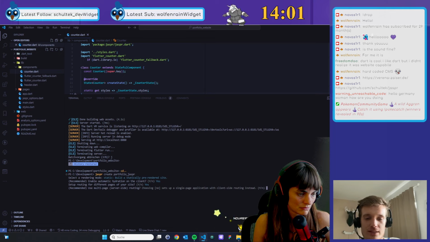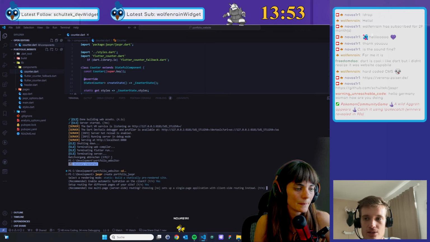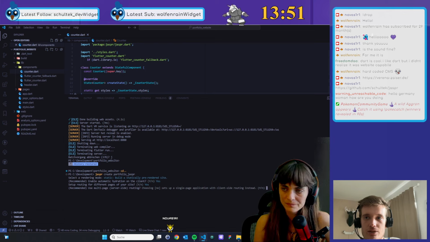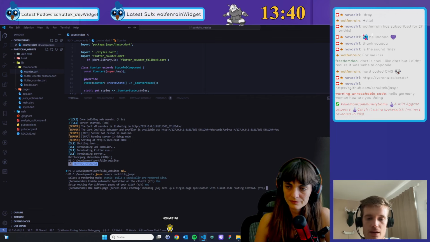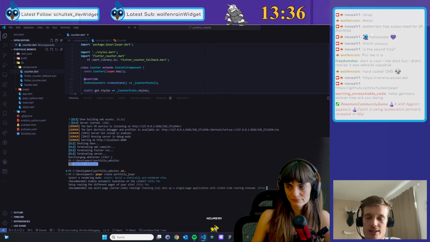And then if you select yes there, you can choose between server-side routing and client-side routing. Client-side routing, again, is what Flutter does. Basically all your application logic and code and screens are always loaded on the client, and then you just execute code on the client to switch between the screens. And server-side routing is basically how classical websites work.